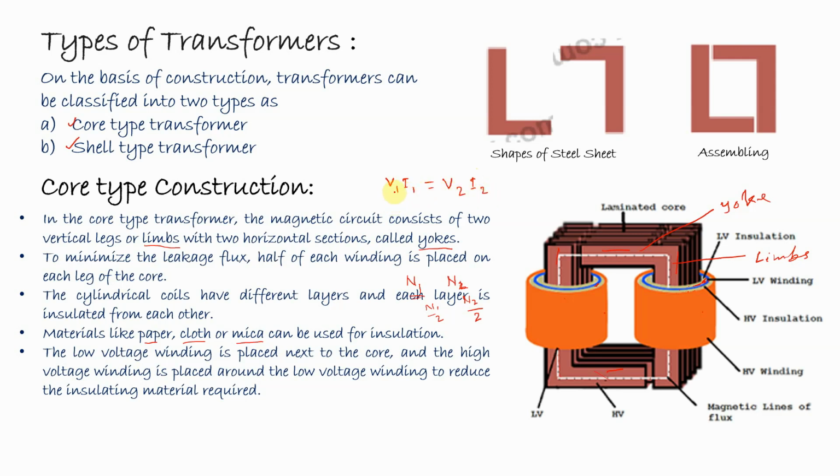From this relation, we can see that on the side of the transformer where the voltage is low, the current will be high. On the other hand, when the voltage is high, the current will be low. So the low voltage winding is where the voltage is low compared to the other side. So definitely the current will be more through the low voltage winding. Therefore, high current will be flowing through the low voltage winding. Therefore, for safety purposes, the low voltage windings are placed first. This is just for safety purposes.